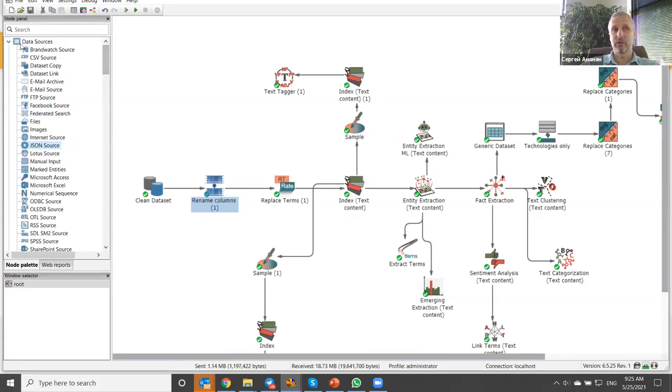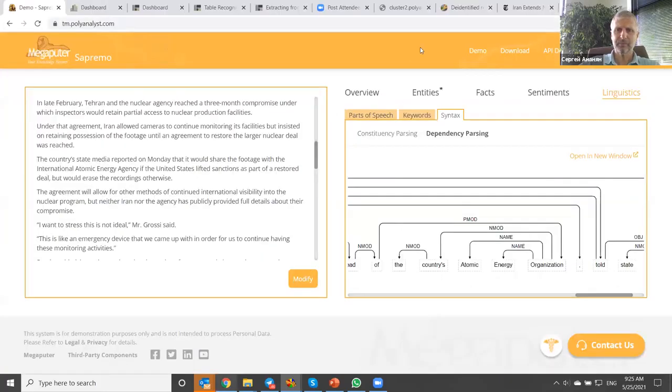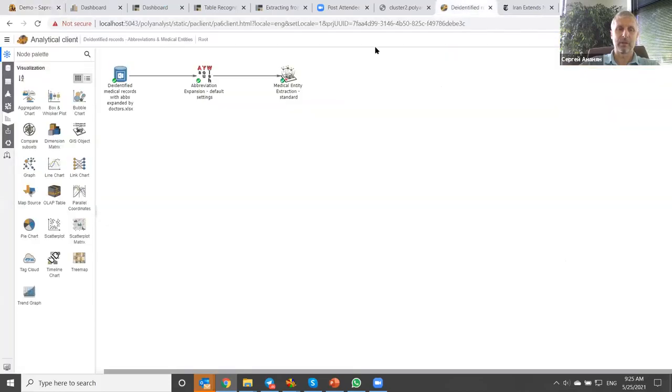Then once we have loaded the data, the system supports the integration of data. We can create joins, merges, sampling, aggregations and so on. So it has a large variety of ETL tools. And by the way, as we speak, let me show you that PolyAnalyst also supports a totally browser-based interface.